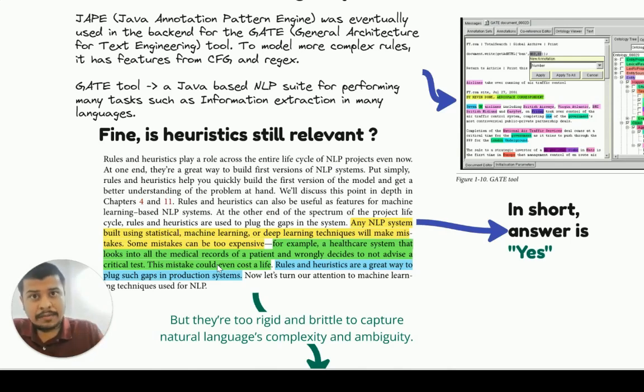Though they are still relevant for healthcare, pharmaceuticals and hospitals, for other domains we wanted a better NLP system. That was very much clear. We wanted a better NLP system that could capture natural language's complexity and the ambiguity we have in the day-to-day language that we are using. That is why we had to move forward and improve our past technique. So that is why we came up with the second approach. Second approach is the machine learning approach.